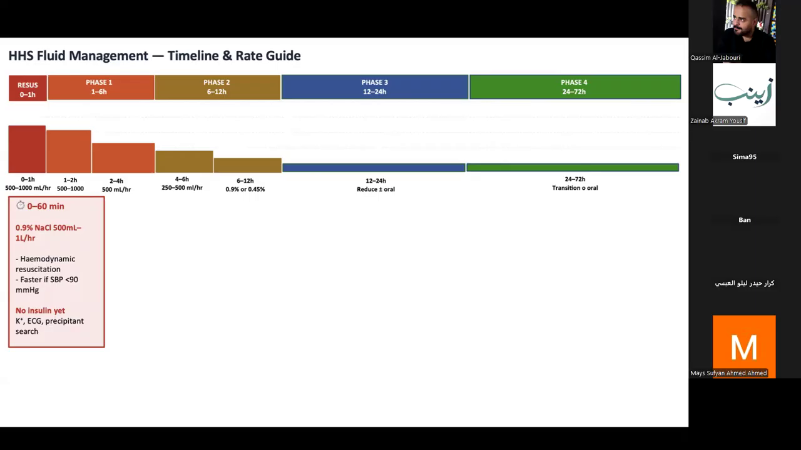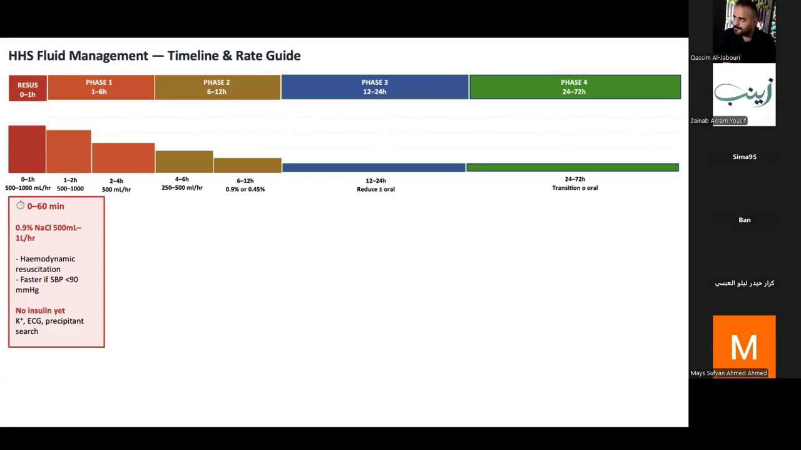The fluid speed, you don't have to stick to the protocol. You can give it faster if your patient is hemodynamically unstable. You can give it slower if you feel the patient is at risk of having overload. At the time of presentation, so the initial thing you do, you get an IV A to E assessment, just